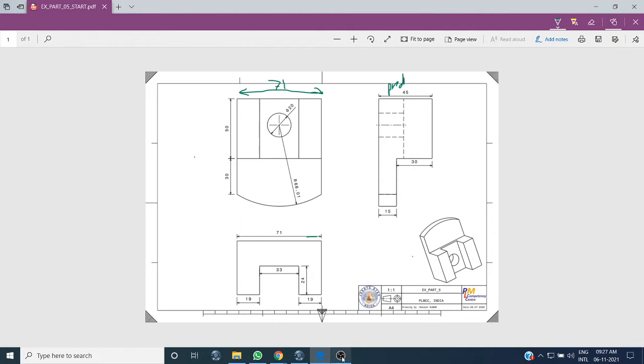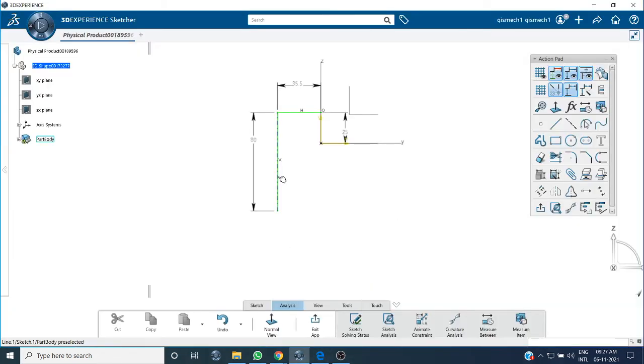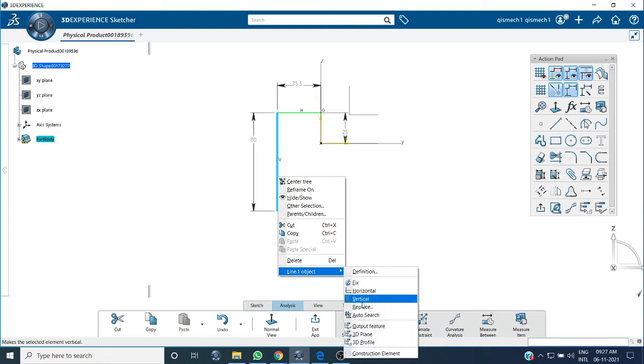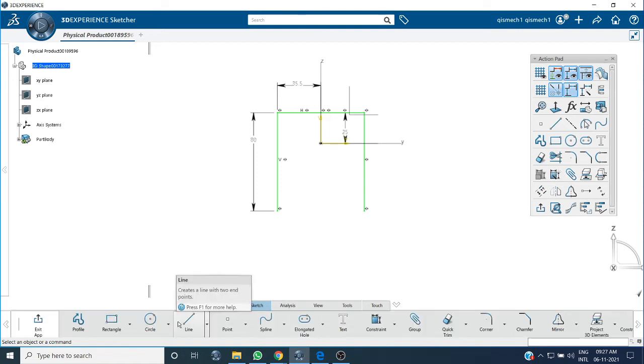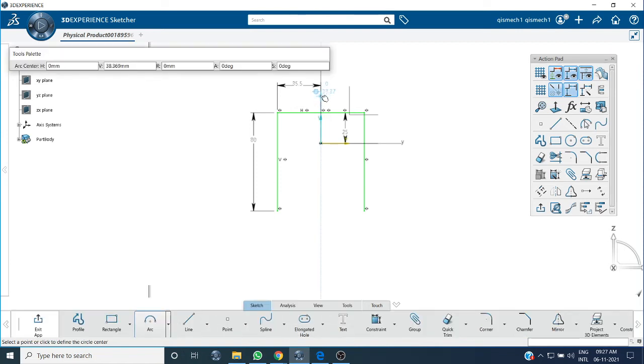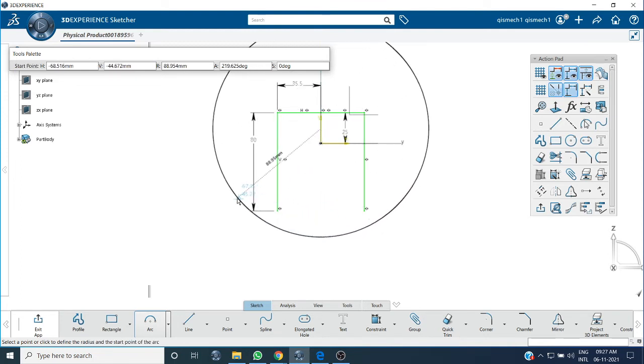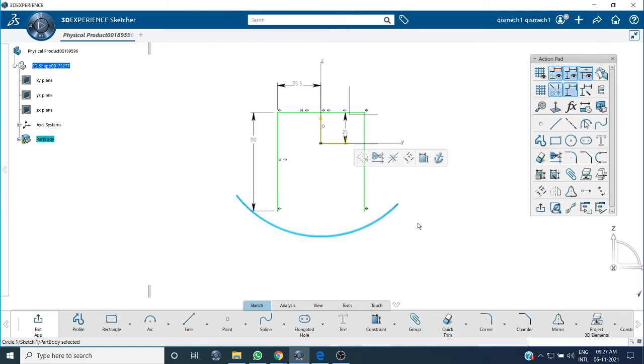Now I will do the same thing on the opposite side, so I will do it as a mirror. Then taking one arc, draw one arc. Let this distance be 71.02.